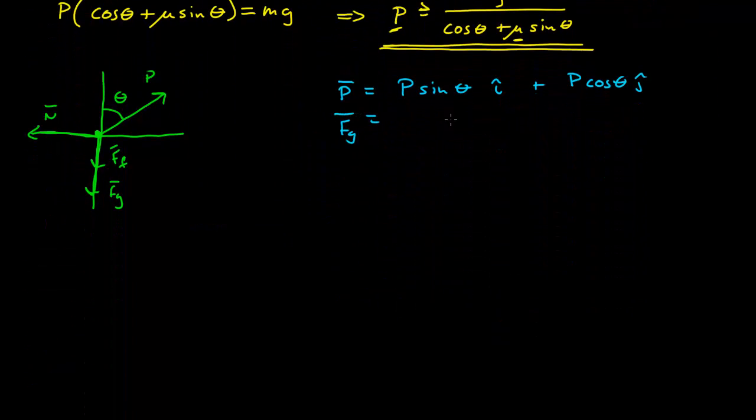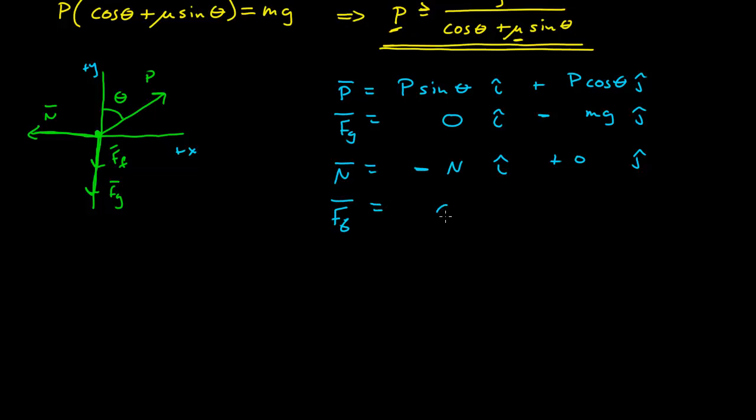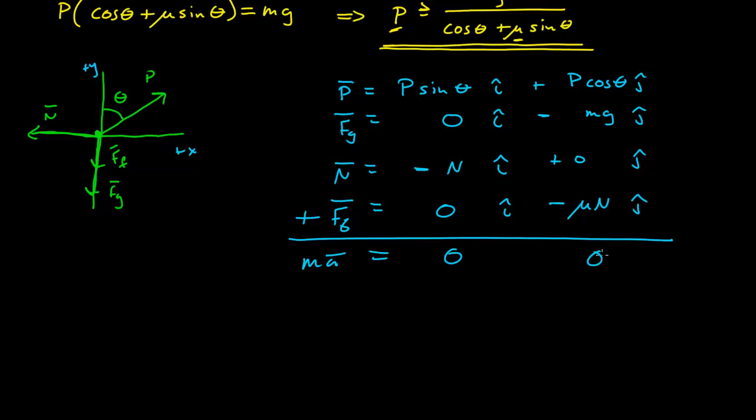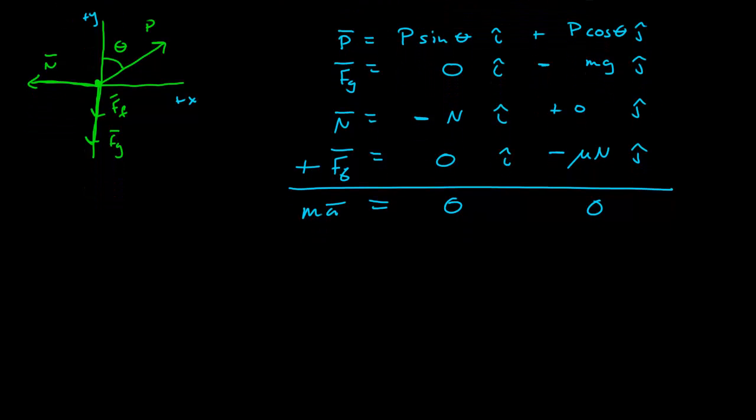Force due to gravity is 0 i minus mg j. Then the normal is negative N i, because we have plus x, plus y, plus 0 j. And our force due to friction, this is what changes, 0 i and negative mu N j. This vector sum equals mass times acceleration, which, if it's not moving, is zero. So we have our two relationships, again, from here,